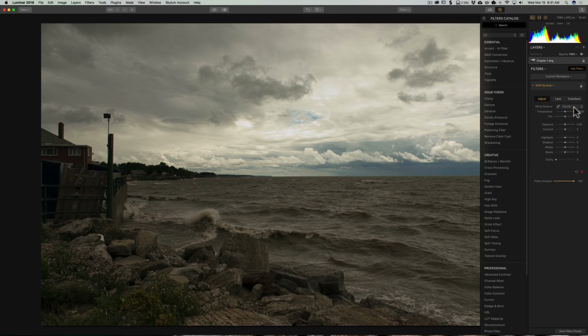Now, if it's a JPEG or a TIFF or something, your white balance is already kind of cooked into those files, so these choices won't be here. You'll just have As Shot. But what you can do is adjust the sliders manually on any image. So you could come in here and just adjust the sliders to get the white balance you like. Alternatively,